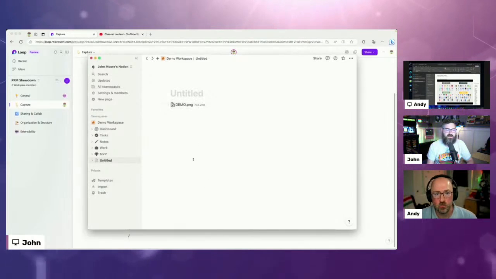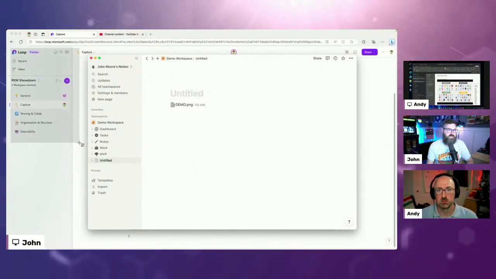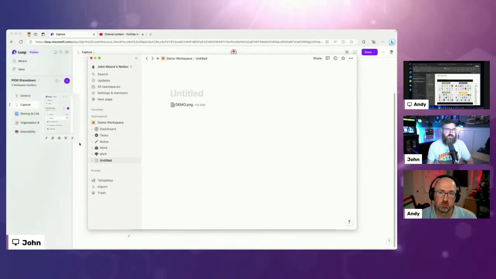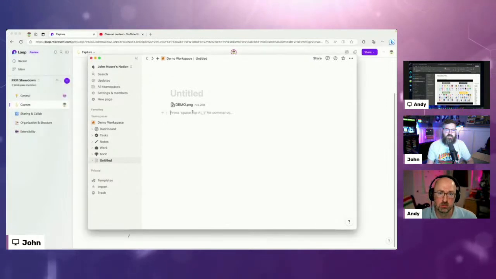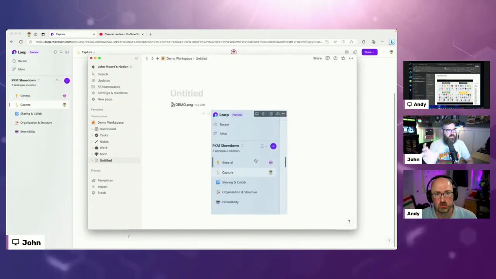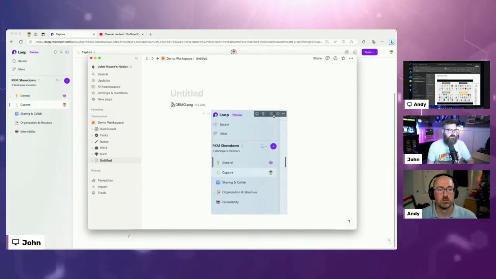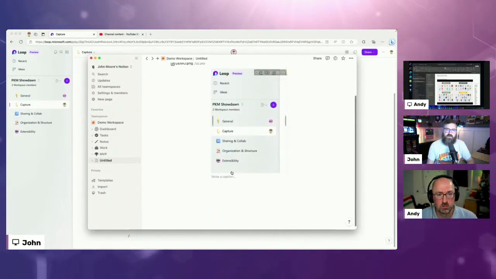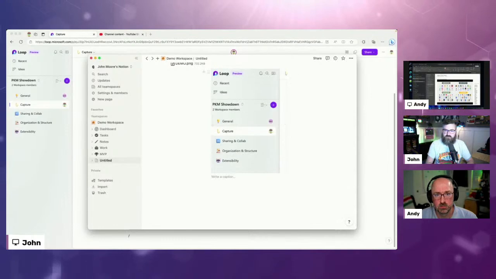Now, another way that I typically capture things is I do it with screenshots. So if I want to take a screenshot of this and take a note on it, then I'll take a screenshot, and that's already in my clipboard. I paste it. Now I get an embedded image right there. And something that I use in Notion is I will either add a comment on that image, or I'll add a caption, and I'll add a caption like, okay, what was I thinking when I took this?